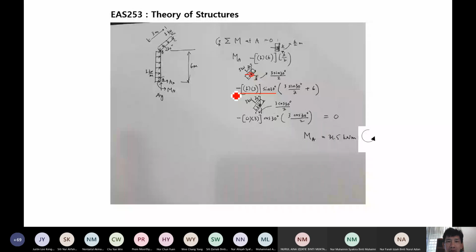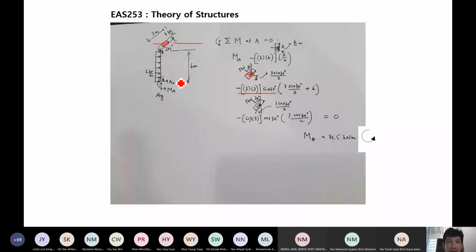And this is force only. We need to multiply with the perpendicular distance. So perpendicular distance is, if I use back this diagram here, so the horizontal component, we want to take moment at A, so the perpendicular distance will be